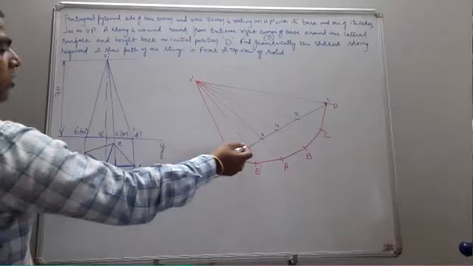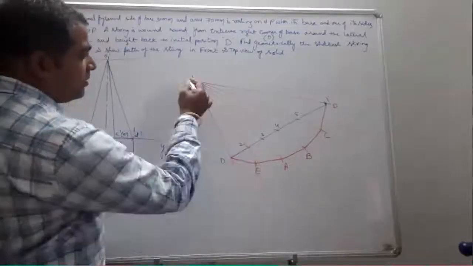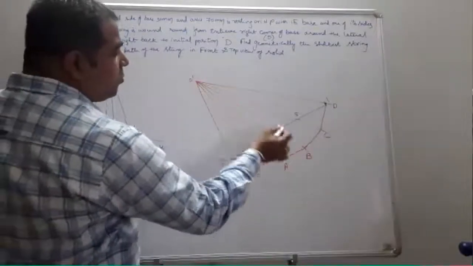Next, where is point 2 to be obtained? Point 2 is on OE, 3 is on OE, 4 is on OE, 5 on OC, and